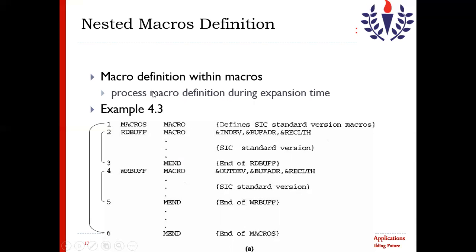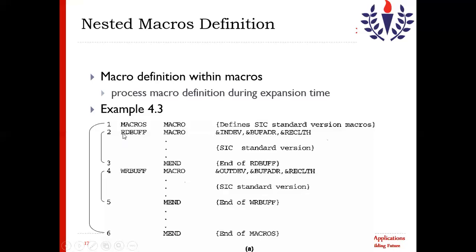See, in this example the main macro is macros, and inside that two macros are nested, RD buff and WR buff. These two macros are nested inside the main macro. Each is receiving three parameters, and then this is the end of the main macro.